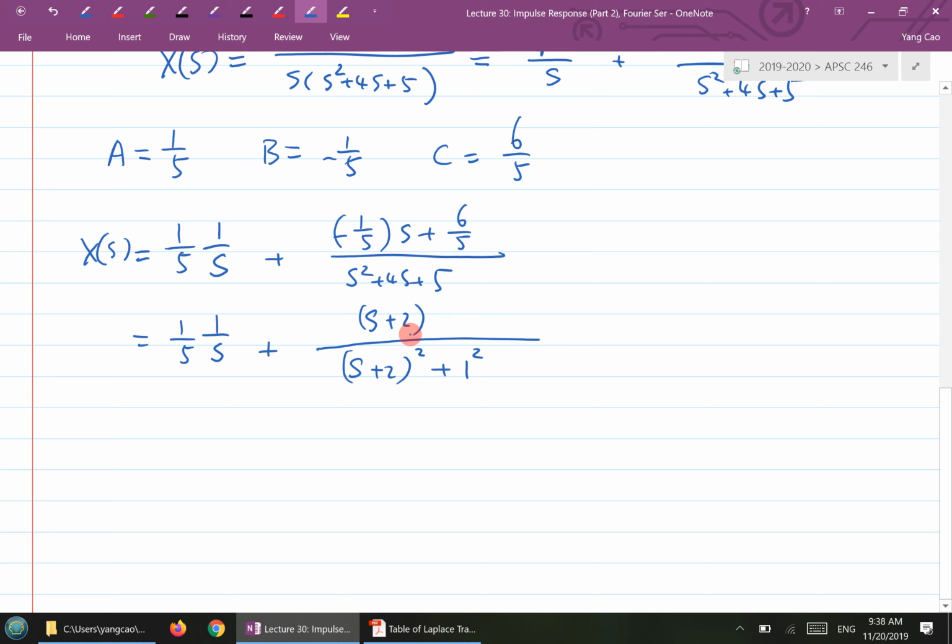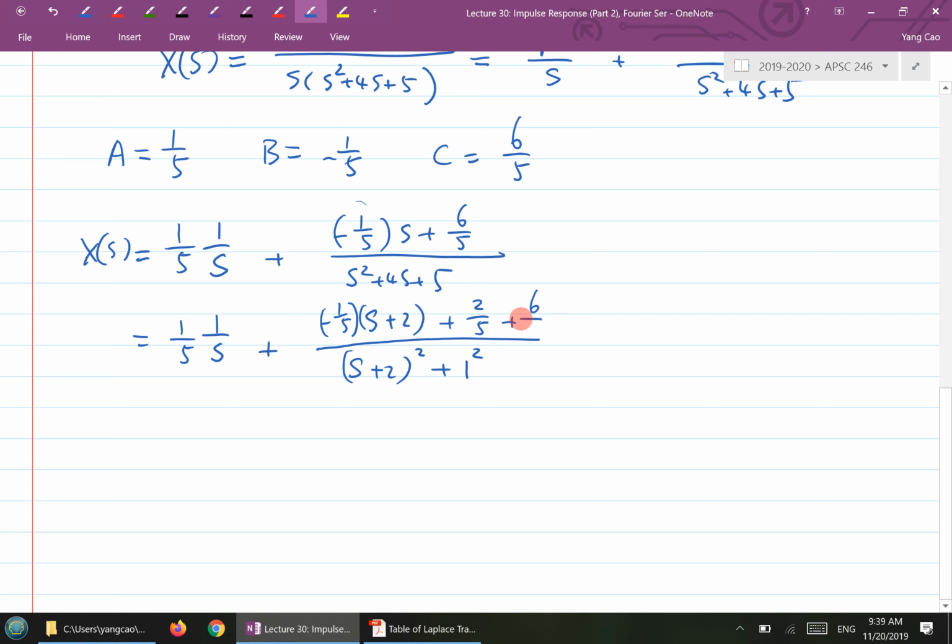So what do I have to do then? I'm going to take that negative 1/5 out of the picture here. If I take this out of the picture and keep this s as s plus 2, then technically I should add a 2 plus 5 here, right? Let's temporarily put this over here. In order to make it unchanged, we have to add a 2/5 to stick to the negative 1/5